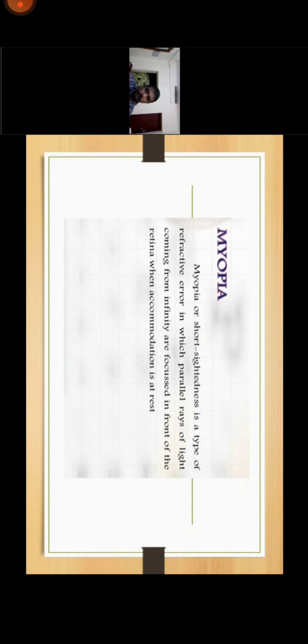retina. In myopia, what happens? The image is formed, or otherwise focused, in front of the retina when accommodation is at rest. See what is happening in myopia. The patient will see like that. They will complain while driving itself. They can see the kilometer reading and the petrol gauge, but they can't see distant objects like the road. Also, students or children will say they can't see the